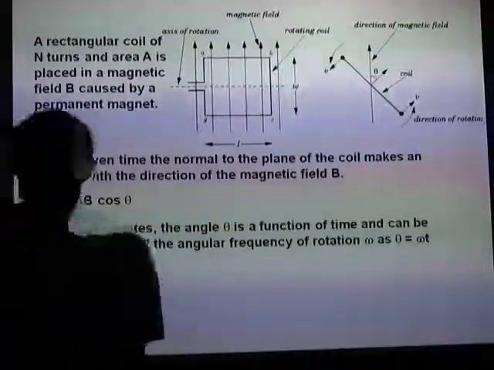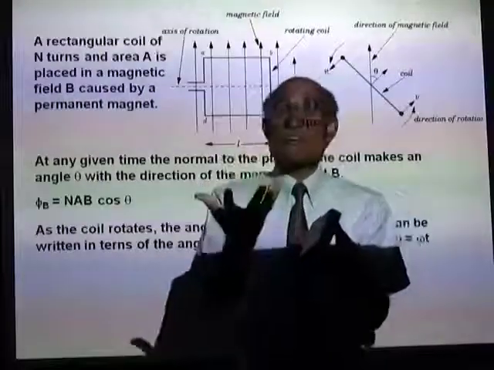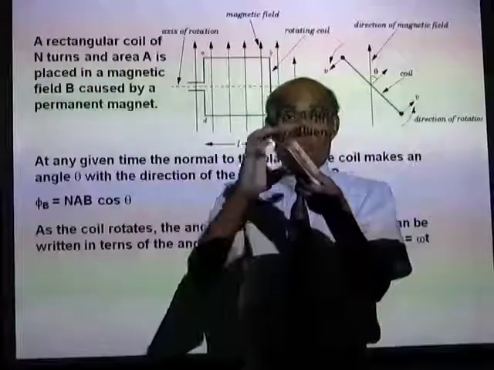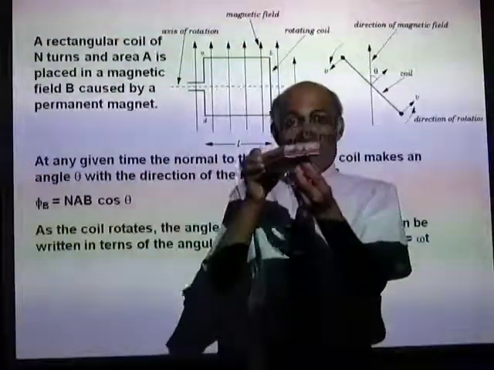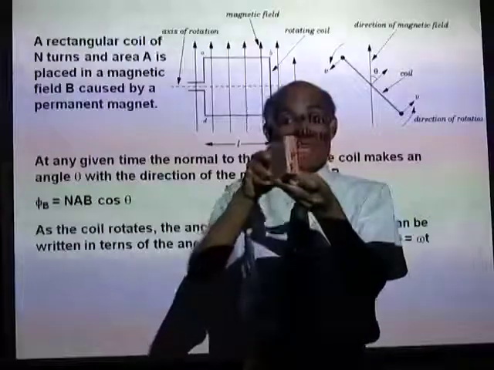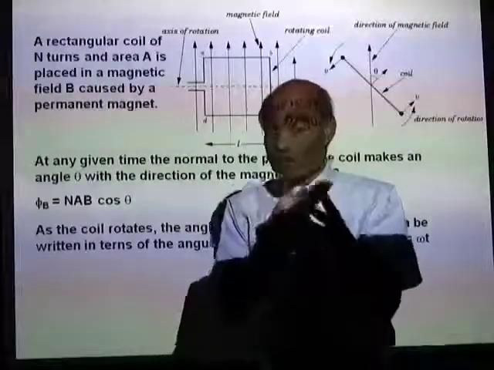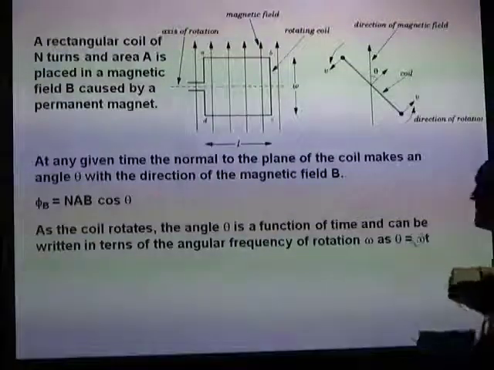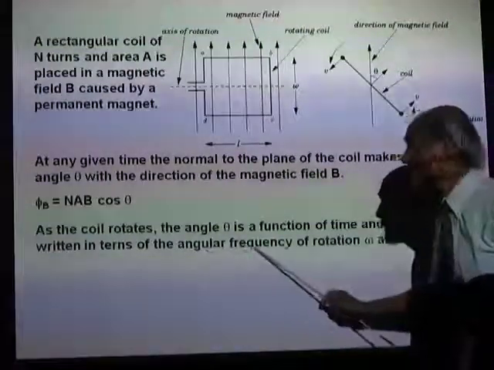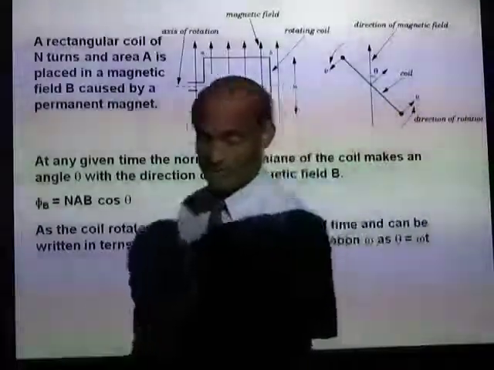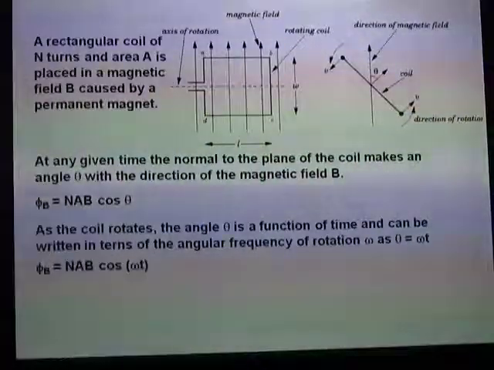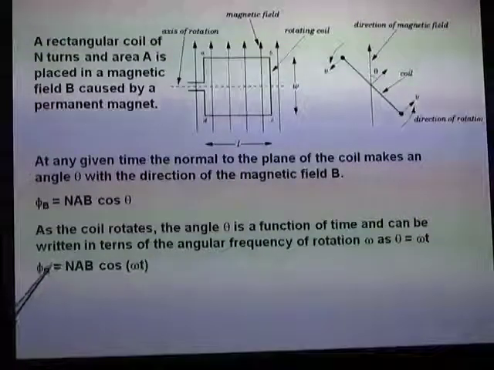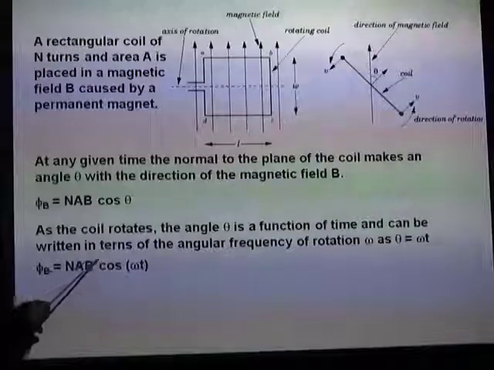Now, you must understand that the magnetic field does not change. When the coil rotates, the magnetic field remains a constant. So what changes is the angle theta. Angle theta is a function of time, and we write it as theta equal to omega t, where omega is the angular frequency, which you are familiar with. Now, therefore, the flux linked with the coil can be written as phi B equal to